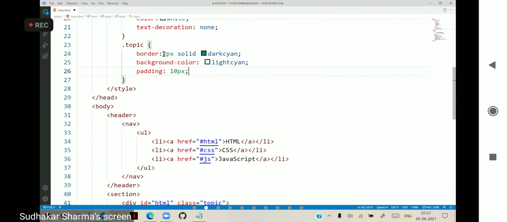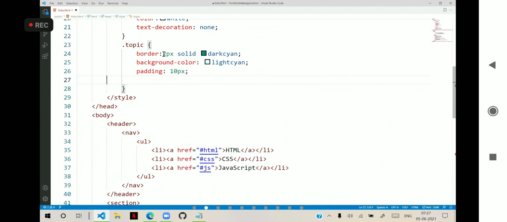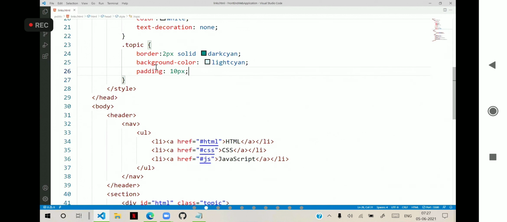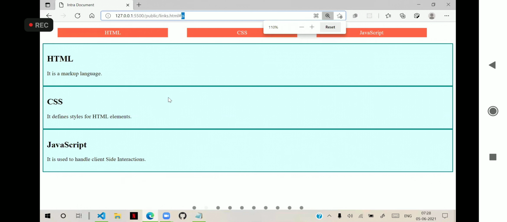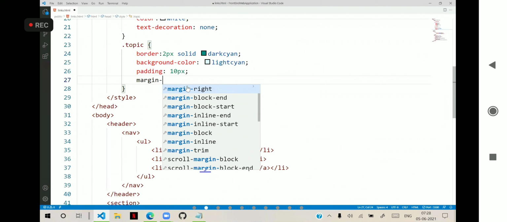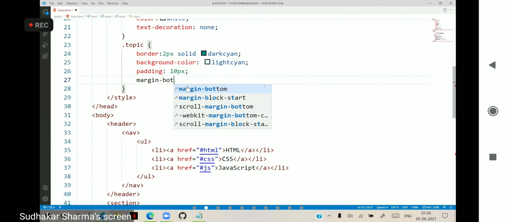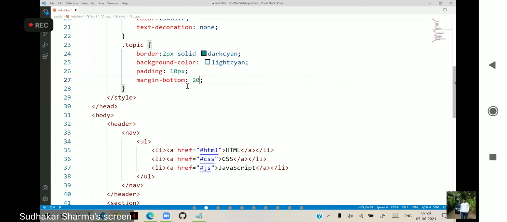So this is for every topic, and margin is already there. Every topic looks like this: HTML, CSS, JavaScript. For every topic, margin-bottom I will give as 20 pixels.